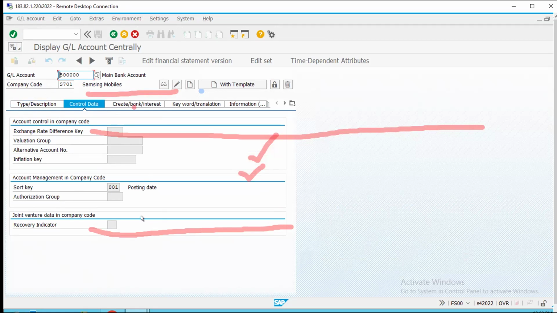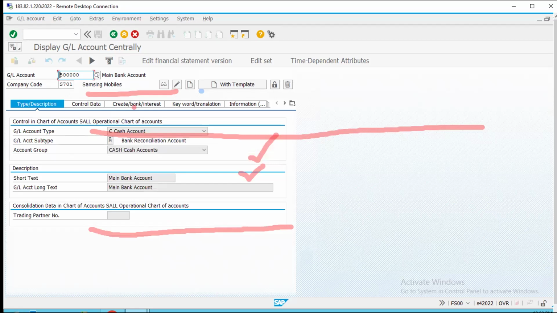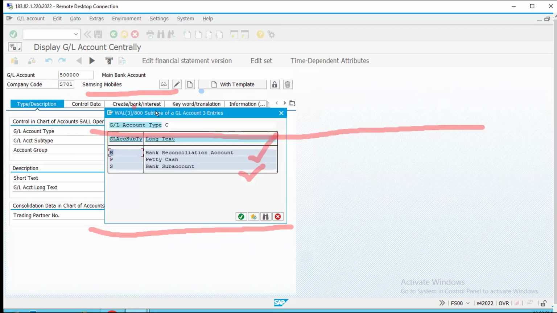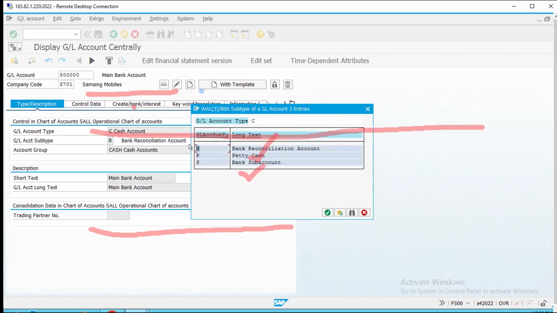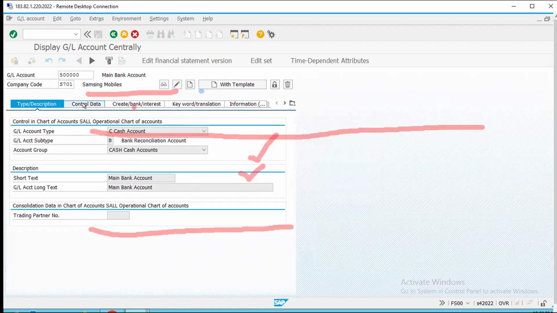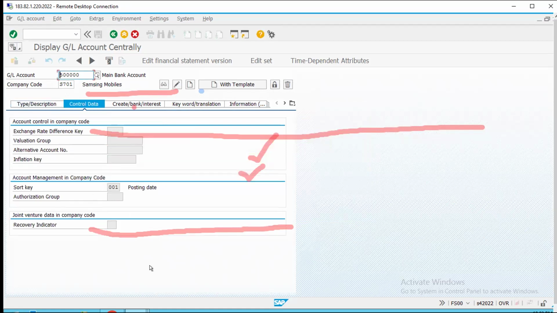They are not showing. Also, for the main bank account, the moment you select the GL account subtype B from this list, the system does not display the open item management checkbox. The option itself will not be applicable.